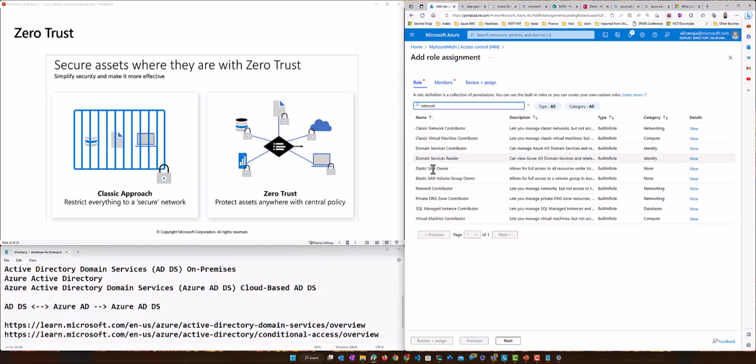A network contributor, right? So basically, if someone is a networking guy, I want to give him just this role. And sometimes it's painful because he cannot see a lot of different things, right? But again, only give the role that somebody needs for their work, nothing more. That is the idea of least privilege access.